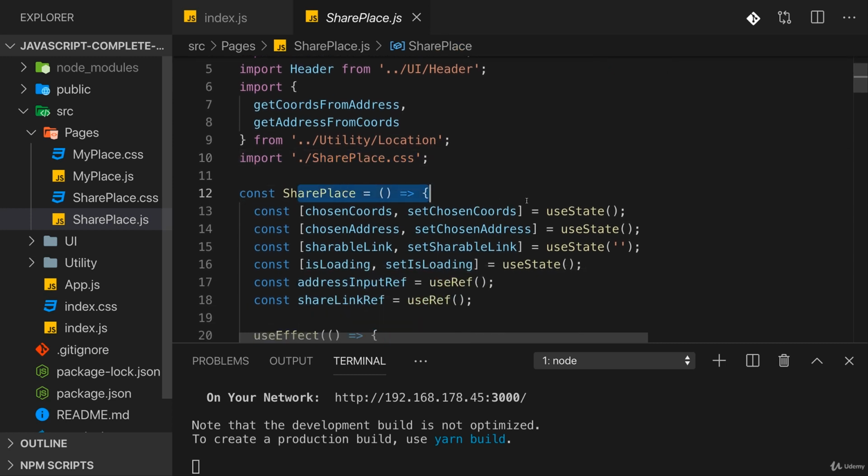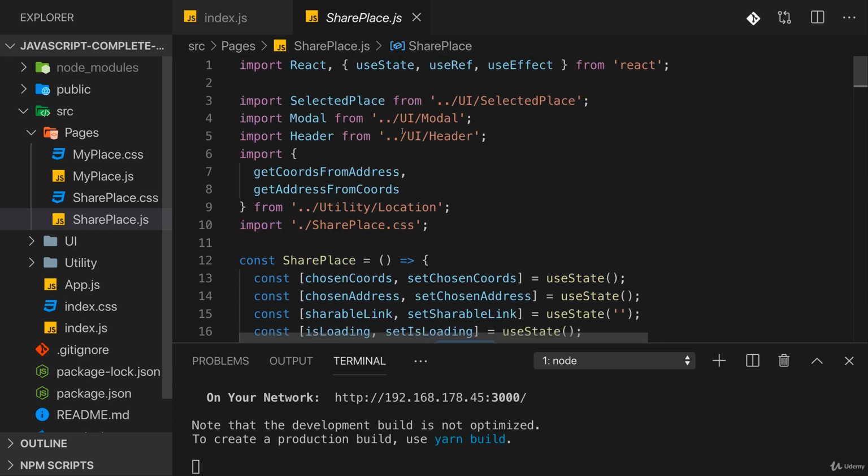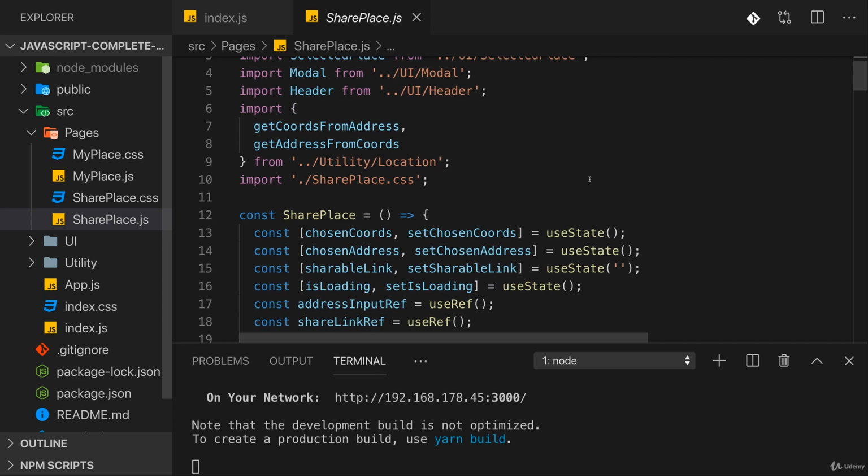Now let's have a look into our component function here though. It's a function which in this case gets no arguments. React would actually pass in some arguments here if we were interested, but here I'm not. I'll come back to which arguments we could get later. And then here I get a bunch of strange instructions using a useState function and a useRef function. These are functions provided by React, and this is the most modern React syntax we can use at this time to inform React about certain dependencies we have in this share place component, if you want to call it like